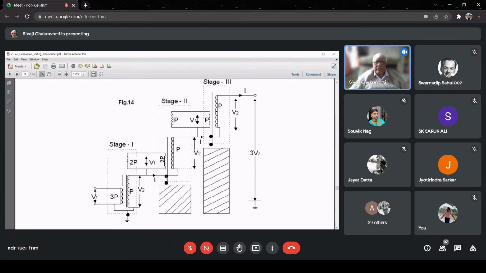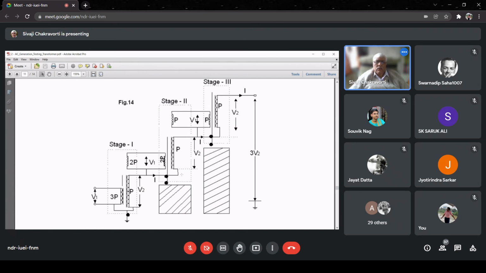So there will be a certain potential difference between tank and transformer, and that will cause the output voltage to be what is called a floating voltage. That means somewhat reference-less voltage. So that is never acceptable in any electrical engineering application. So we don't keep this transformer tank at floating potential.